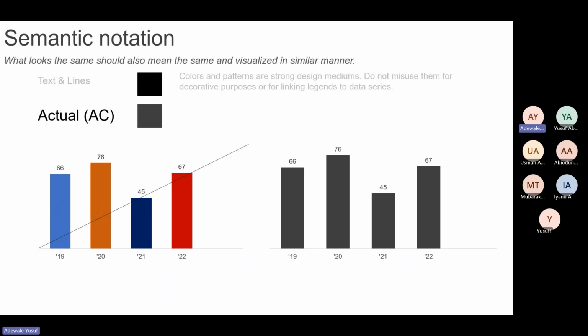But number 1 is colorful, but it does not really make sense, and that's because there's a lot of color here. You should not just use color. The color should be able to tell a story. Any reason why you're using a color should be able to tell a story. Let's assume that in this second one, I'm using this black color, and I give a color to this 76, which is the highest. Maybe I put this blue color here on this 76.